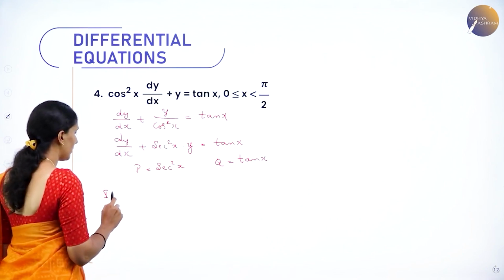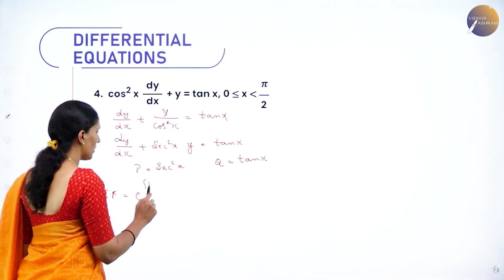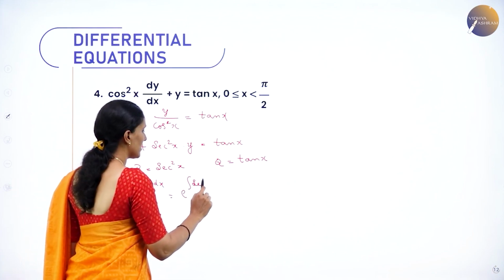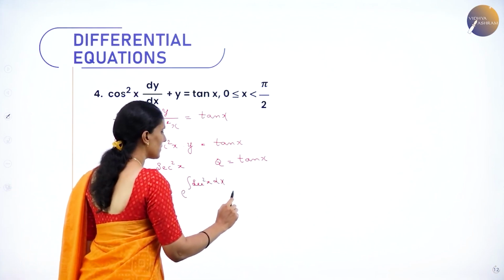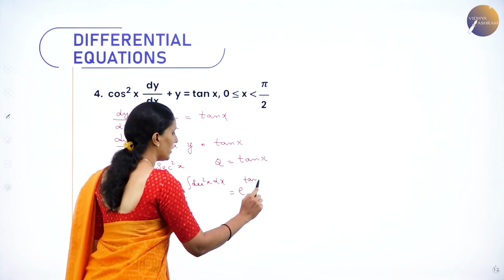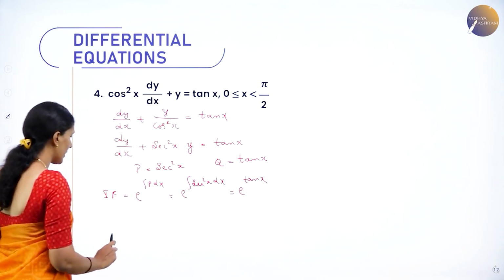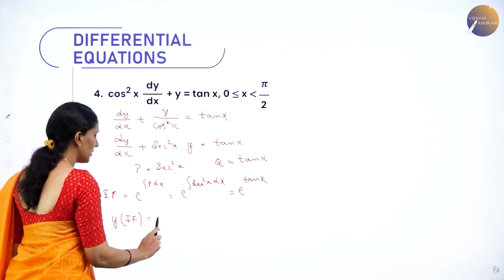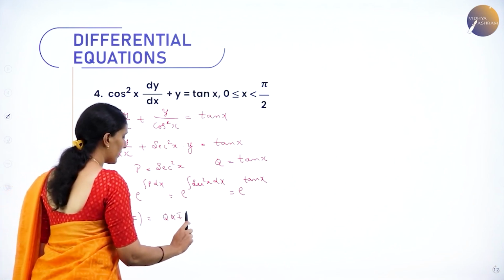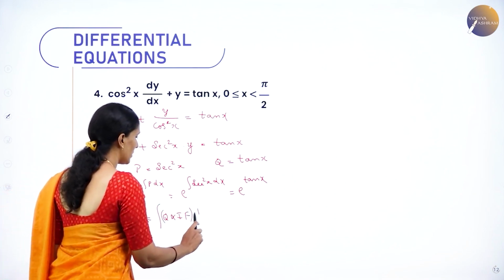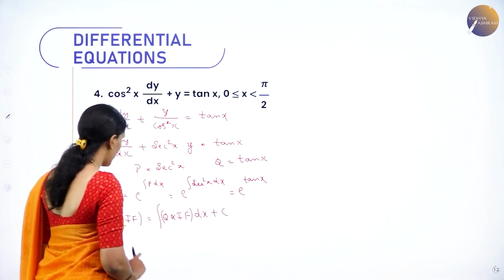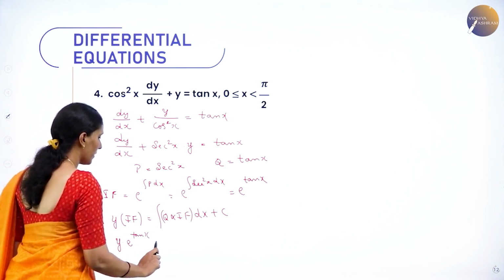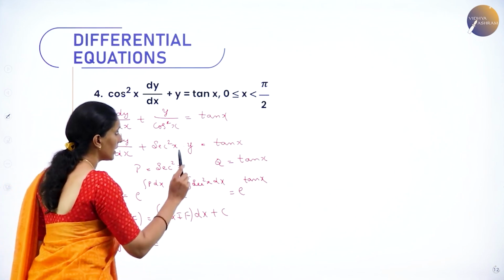Find the integral factor, which is e to the power integral of p dx, which is secant square x dx. The integral of secant square is tan x. So therefore the integral factor is e power tan x. Now my solution is y into integral factor equals integral of q into integral factor with respect to dx plus c. So this becomes y into e power tan x is equal to, q is tan x,